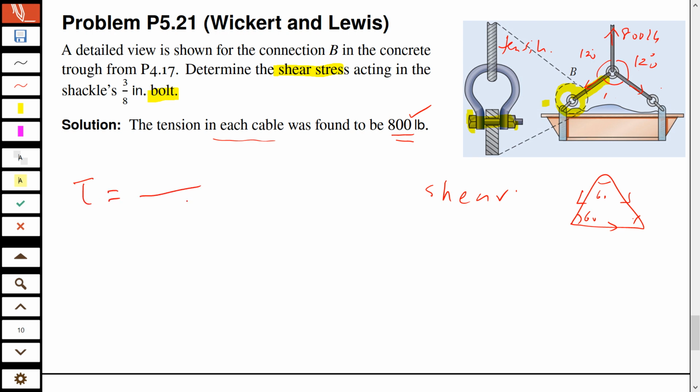Tau equals cross-sectional area of the bolt and the shear force. तो shear force कितना है? Hmm? 800. Okay, it's the same. It's the same for each cable, yeah. जो टेंसाइल फोर्स है उसके लिए वही यहाँ पे, लेकिन नहीं, एक मिनट, गड़बड़ हो गई ना यहाँ पे, गड़बड़